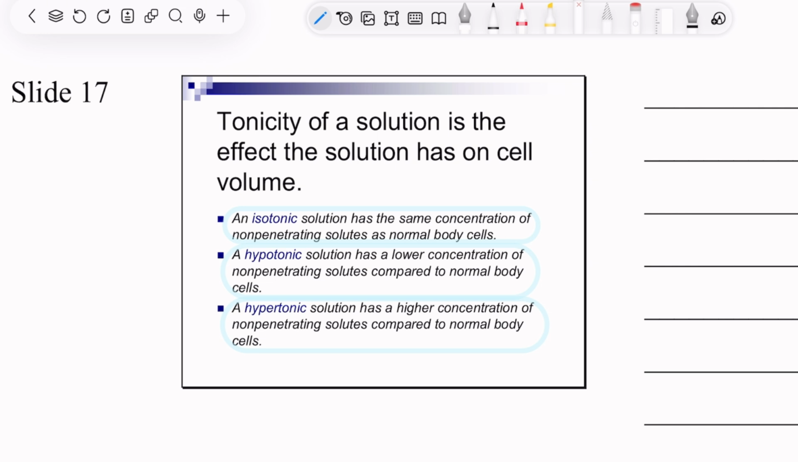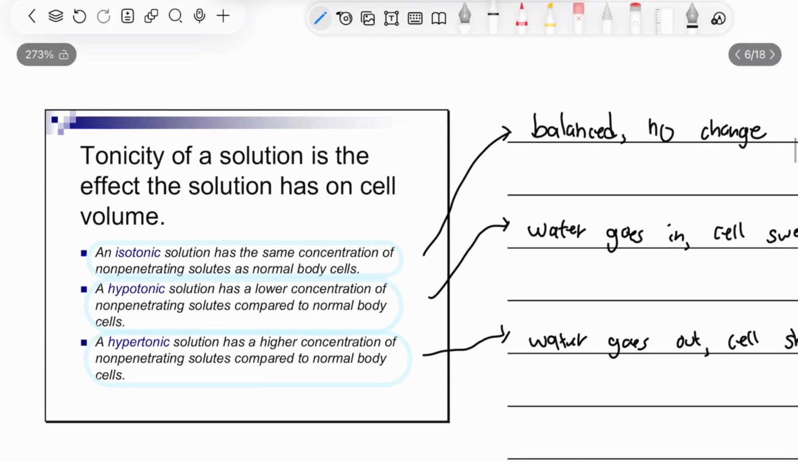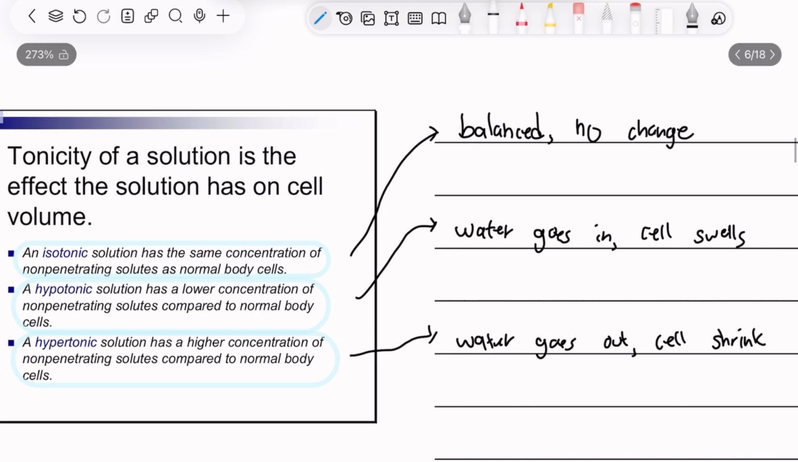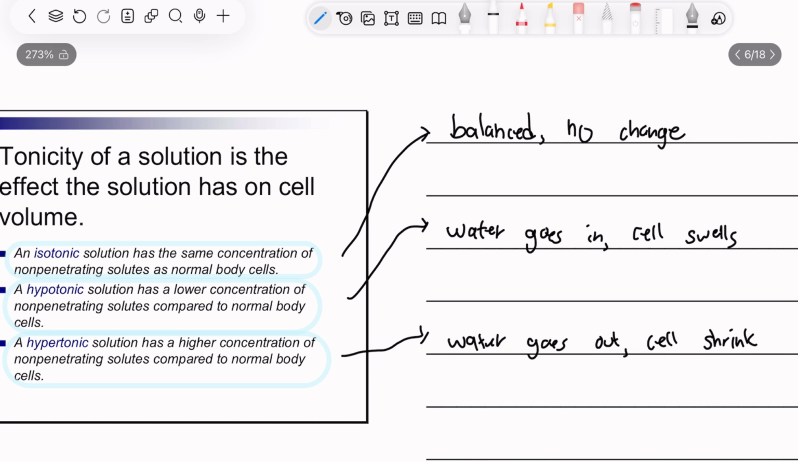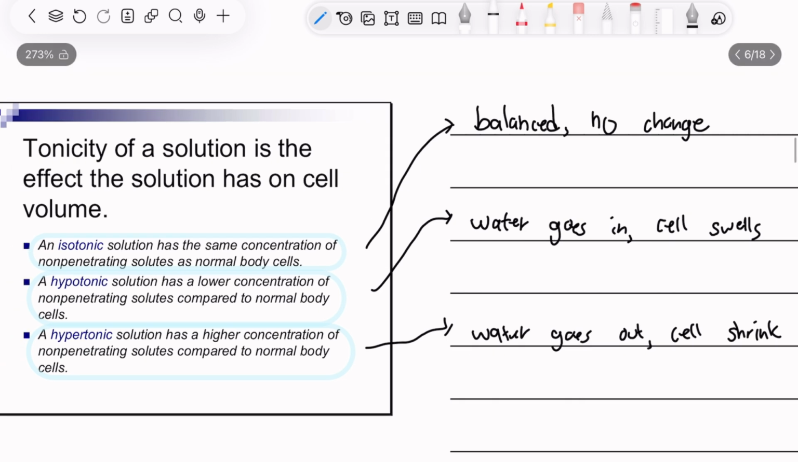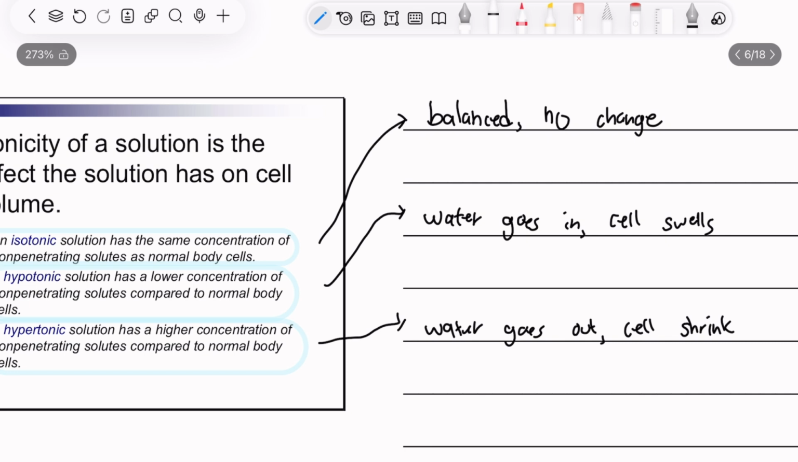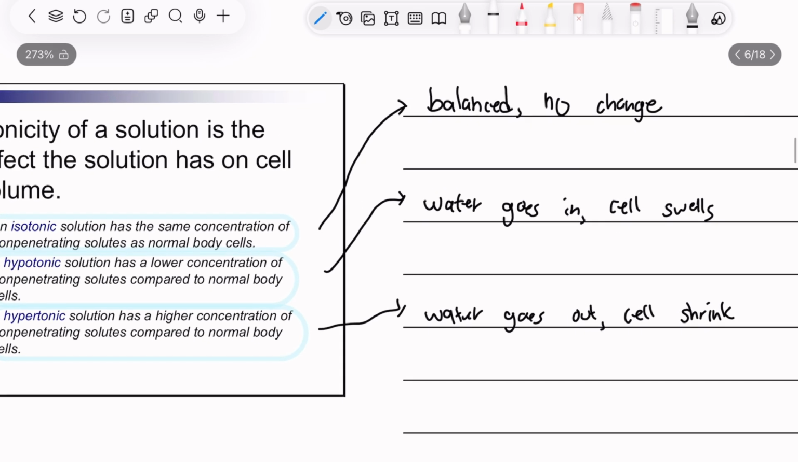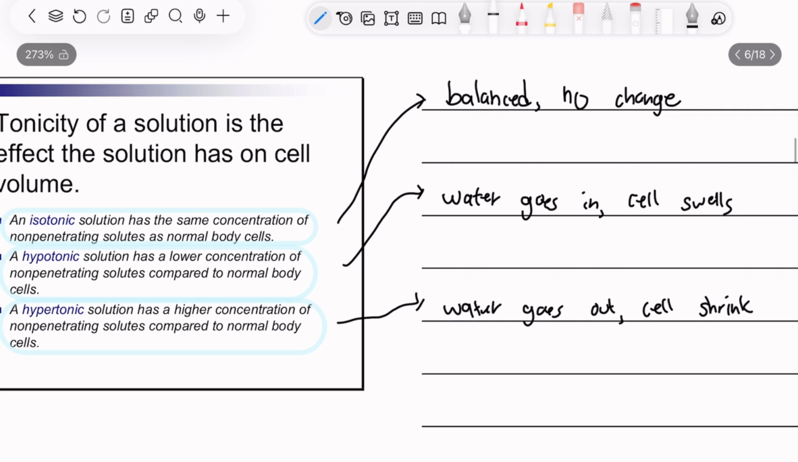So in short, tonicity basically refers to how different the concentration of solutes in a solution is, and it can cause cells to either shrink, swell, or stay the same. And it depends on the movement of the water. So in shorter terms, for isotonic, it's balanced and no change is made. With hypotonic, water goes in, and the cell becomes bigger. And hypertonic is when the water goes out and the cell shrinks. And yeah,